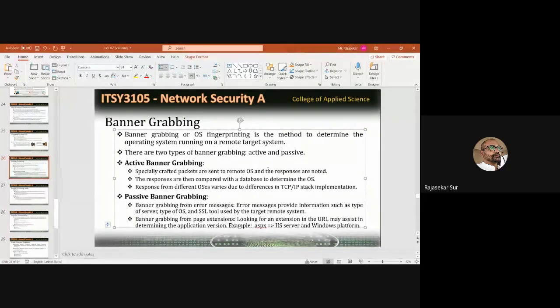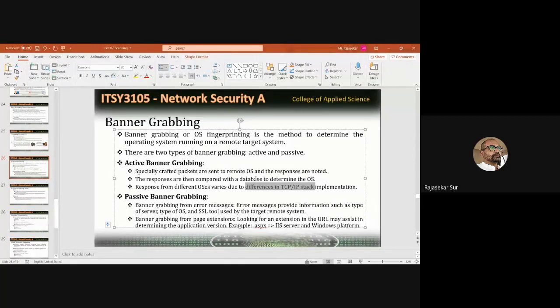In the response, I will find what type of operating system you are using, and what type of network layers, that means the network setup, you are using. All this information I get from your network. I send a packet, and using that particular packet I get some response. From the response, I learn about the operating system or the TCP/IP stack. So the basic information I study about the target. This is the first method.